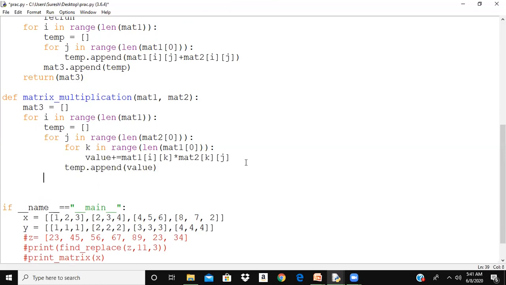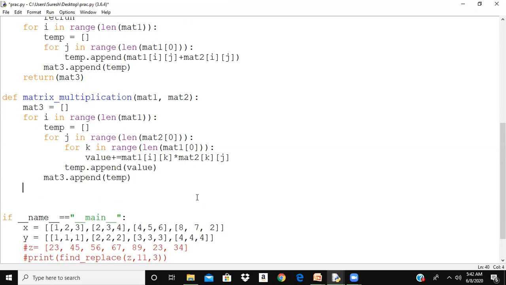Then when I come out of this for loop, mat3 dot append temp. Again, I'll come here, a new temp is created. Then value will be added to the temp, then again the same process will be repeated. Return mat3.